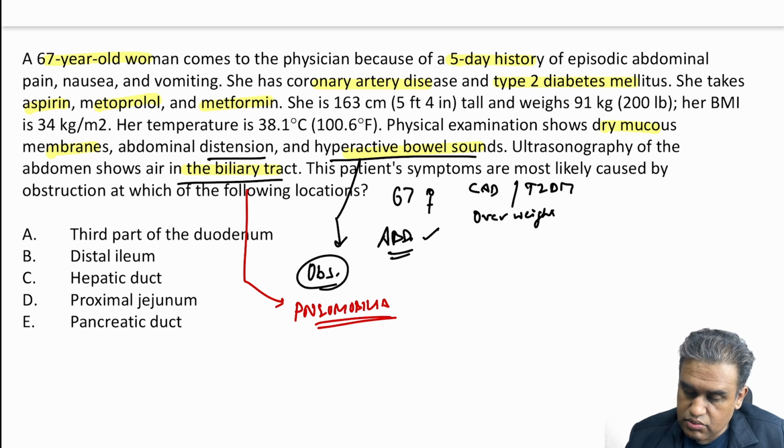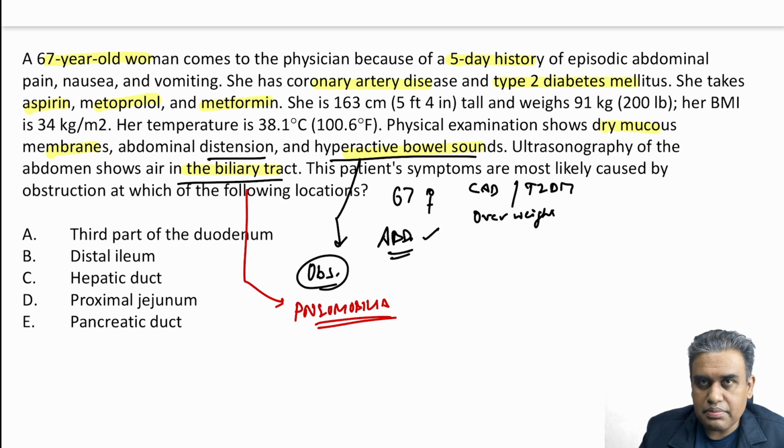Now the patient's symptoms are most likely caused by obstruction. So they are giving two main findings. One is that some intestinal obstruction is going on: hyperactive bowel sounds, abdominal distension, pain, nausea, vomiting. Those are typical features of intestinal obstruction. The second thing is that there is air in the biliary tract. Where is the obstruction? Here we have to understand the anatomical relationship of the biliary tract to the gut. If I ask you where the CBD finally opens,